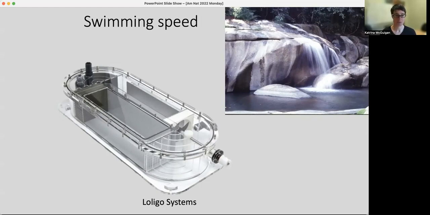I'm not going to be able to do it justice in this talk, but swimming performance, locomotion in fish, is really fascinating. There's evidence that swimming speed can undergo very rapid evolution, and evidence that speed has evolved in natural populations in response to changes or differences in predation regime, the type of food sources that are available, and the hydrodynamics of the water flow in the environment that they encounter.